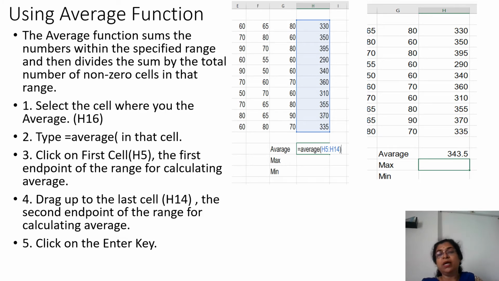Now we have seen how to use the average function. For that, again, wherever you want to display the result of the average function, select the cell, then give the equal to sign and type the function. After that, see in the blue color H5 colon H14 is specified, meaning here we have specified this cell range for which it is going to calculate the average. Simply complete the bracket and press the enter key. You'll get the value of that average.